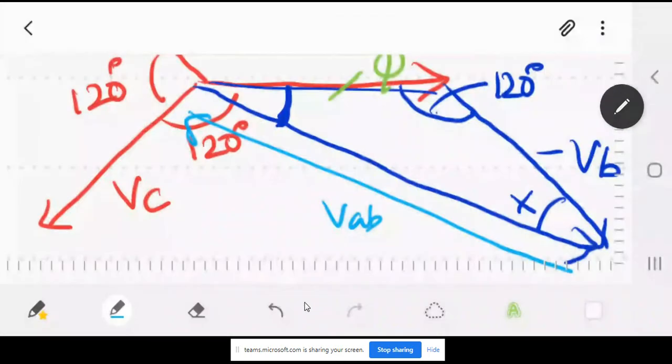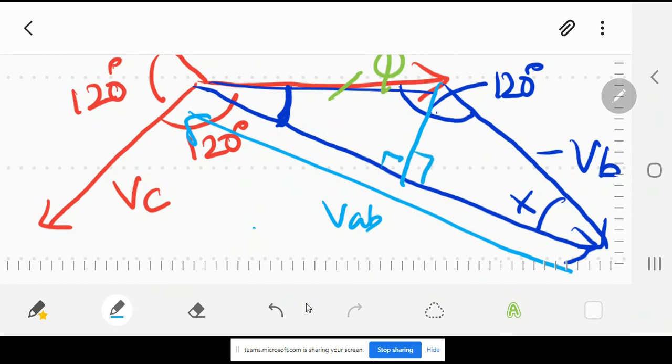First of all, draw a perpendicular over here, and when you are trying to draw a perpendicular over there, this angle is 90, this angle is also 90. You know this was a 120-degree angle, so this angle is 60, this angle is 60. You know this is VA, you know this is VB. Can you find out this length? This length over here, from here to here. You know this angle, this is 30.